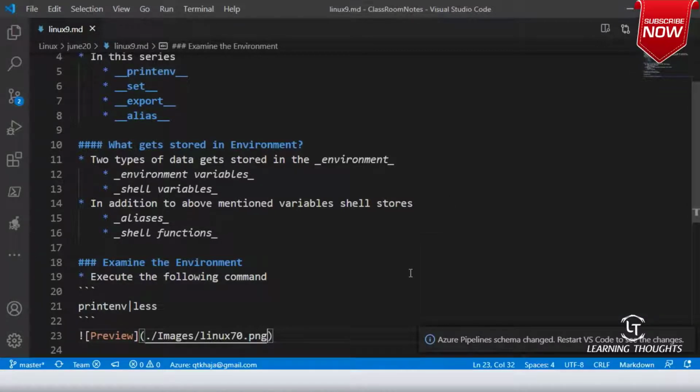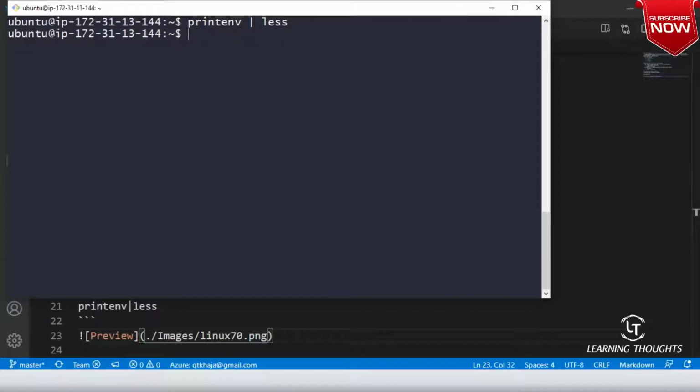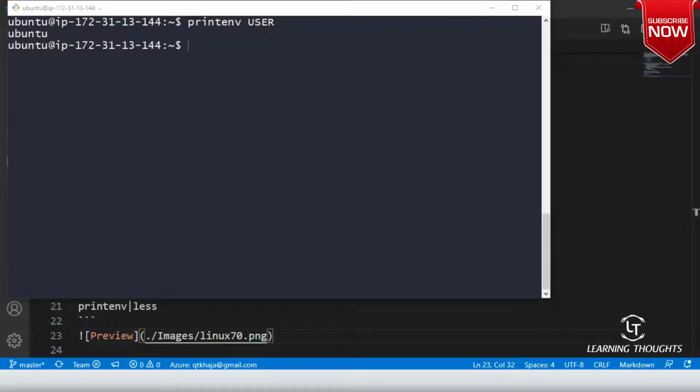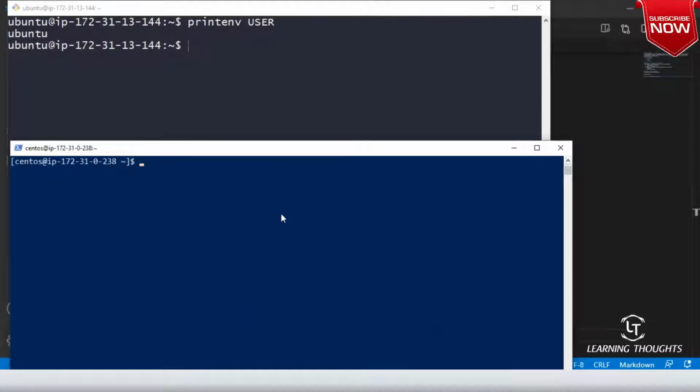Now I will try one more command. That command would be printenv USER. And even in this shell I'll be typing printenv USER.